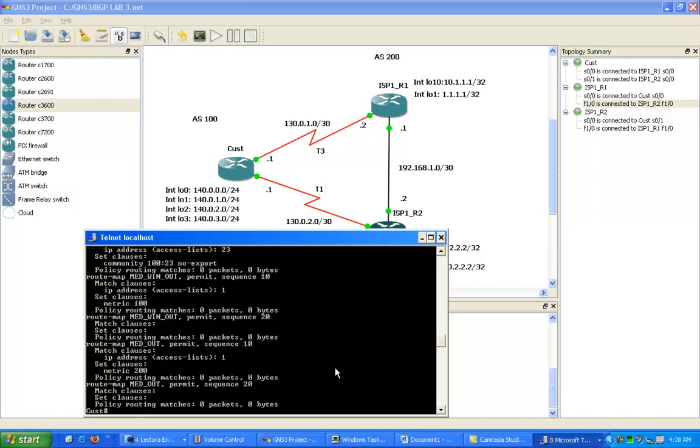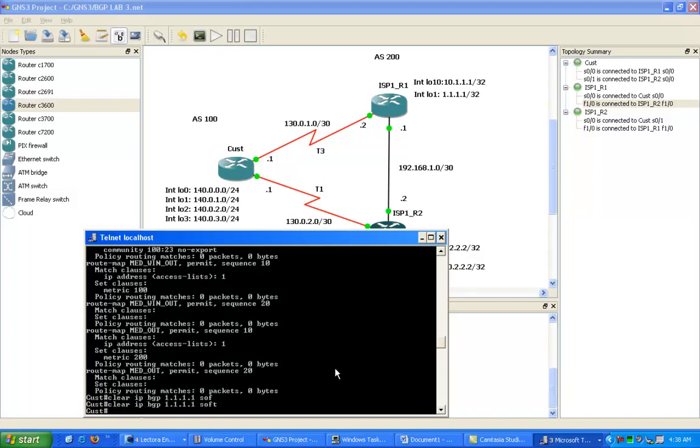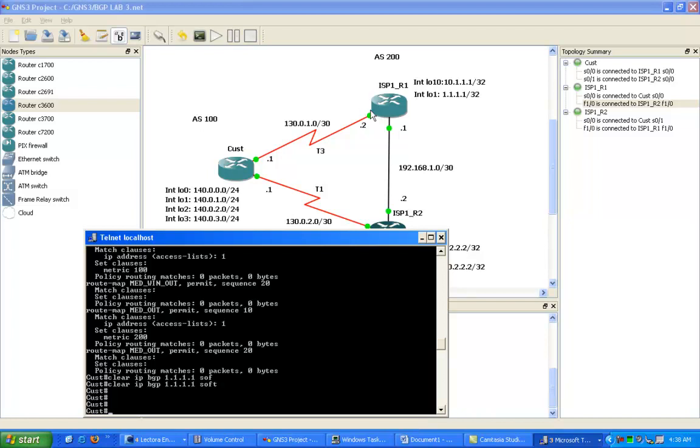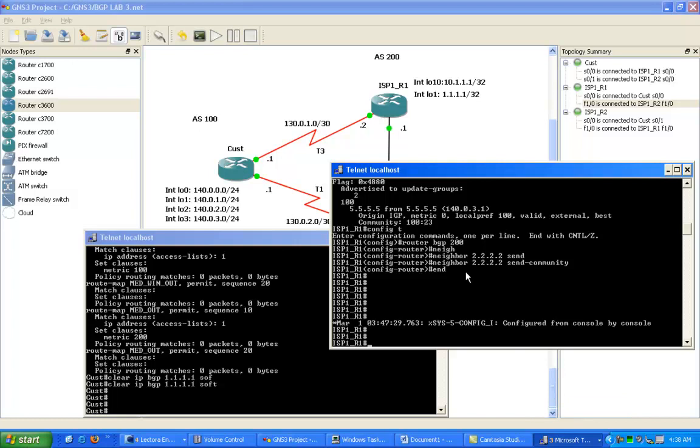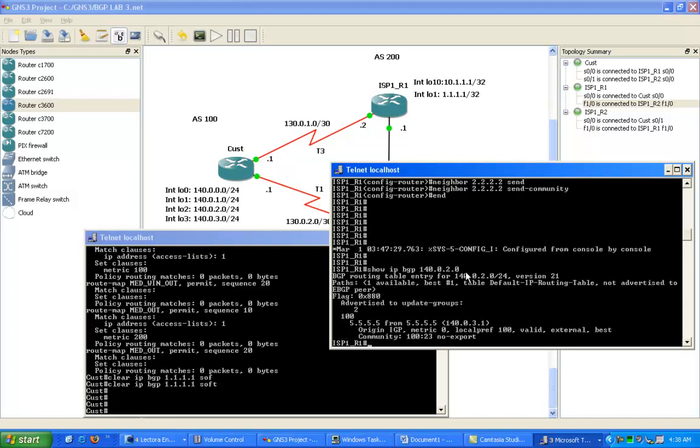again, we just want to look at the route map just to make sure we have the correct logic in there. If I do a clear IP BGP on ISP1R1, do a soft clear on the neighbor, and let's go into ISP1R1. We do a show IP BGP on the prefix, which is one of the community prefixes. Now, right after the community string, we have the no export. So what this is going to do, it's going to advertise this community only to the ISP autonomous system, which